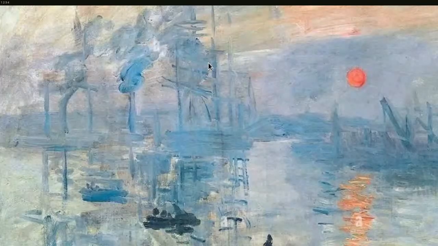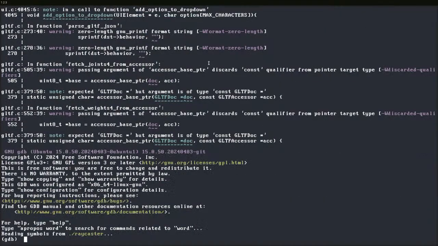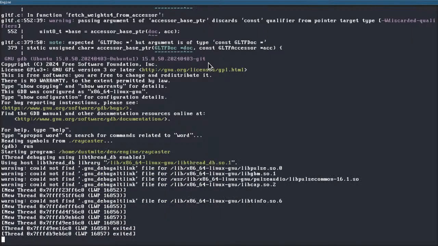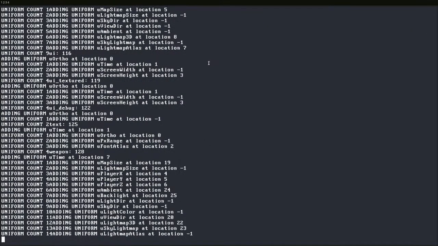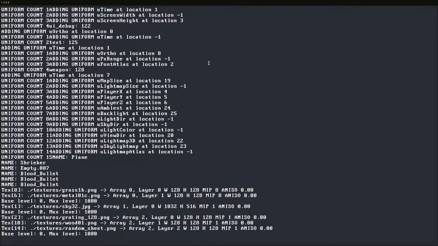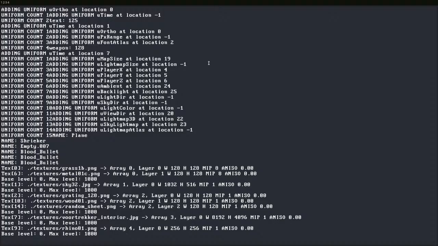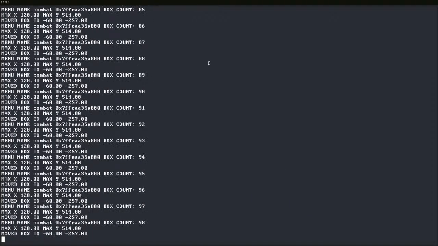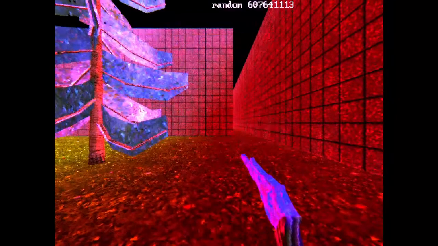Never mind, I should have just global searched that. I forgot that I had Sprite's entire source code inside of my project files, and global searching